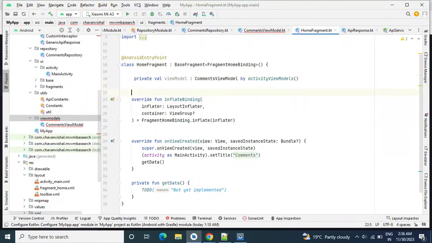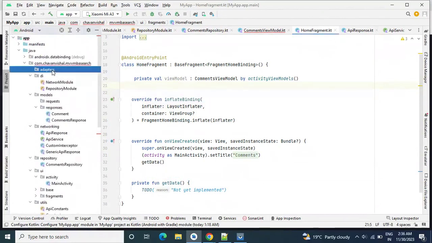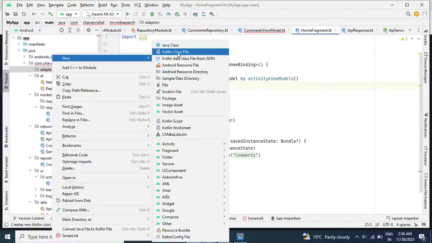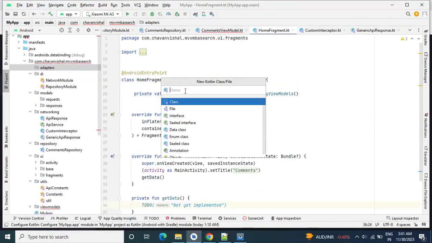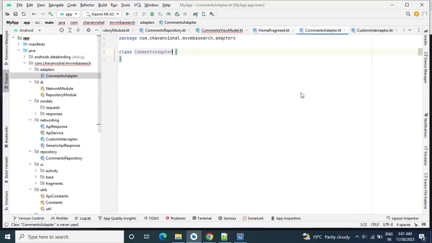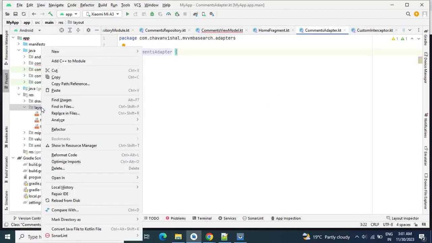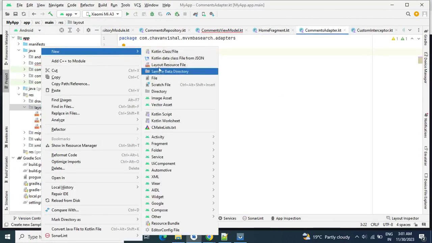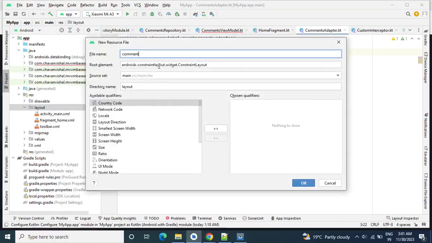First we will do one thing, we will create our recycler view adapter. So now let's go to our adapter package and create one CommentsAdapter. Now we have created our adapter class. Now let's create the XML file for our recycler view list item. It's comments list item.